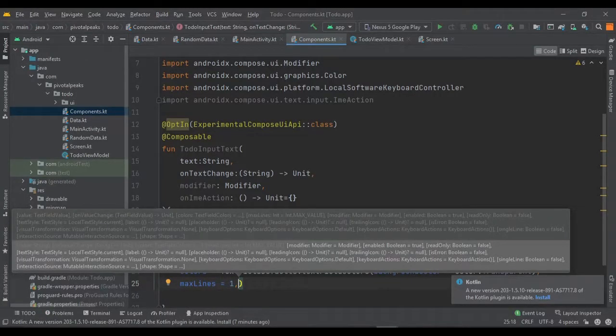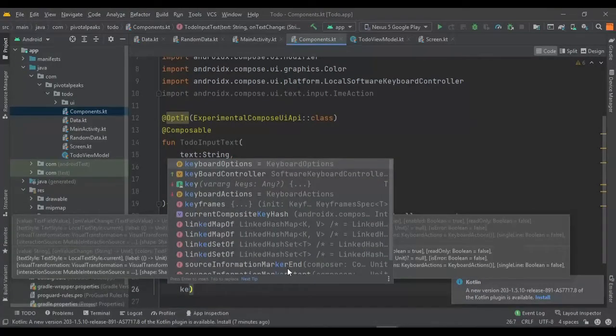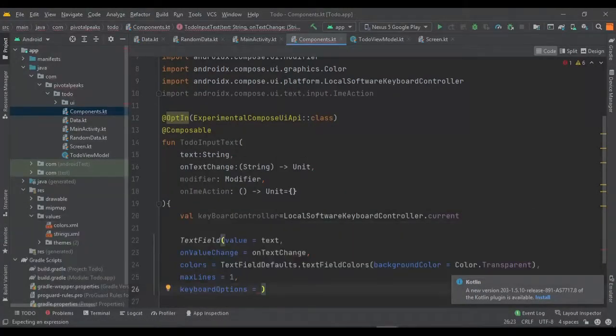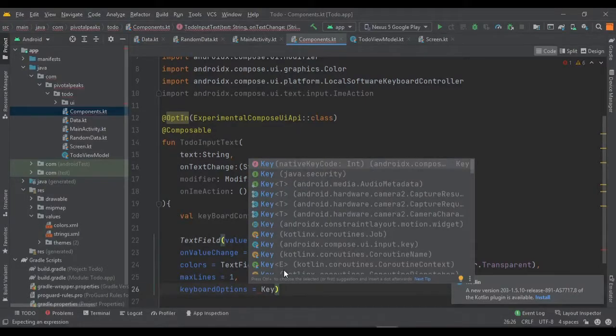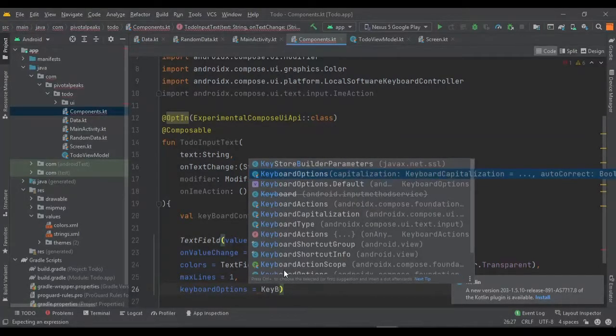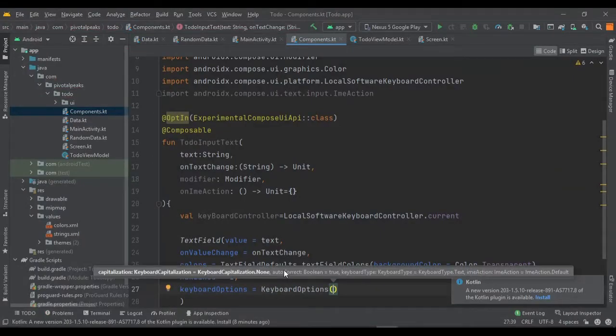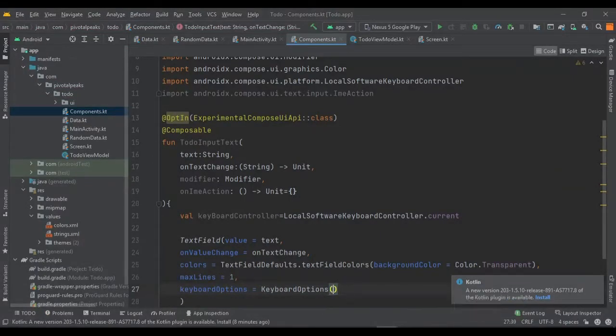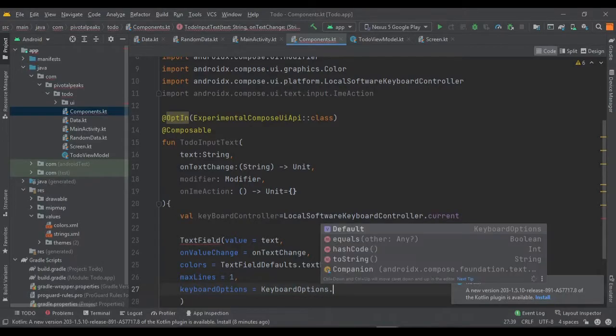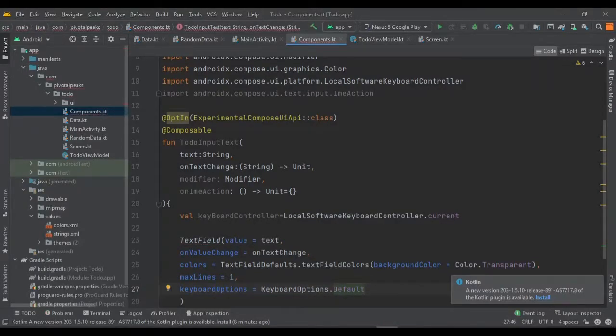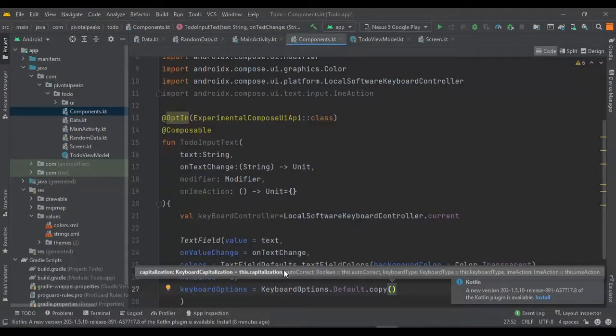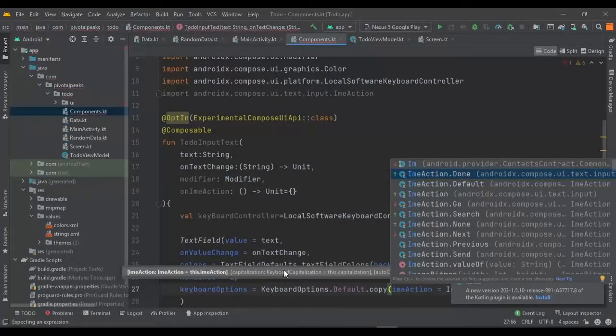And then we need to provide keyboard options. So keyboard options dot, we need to provide keyboard options, so just keyboard options here dot default dot copy, and we need to provide the action. So IME action equals IME action dot done.